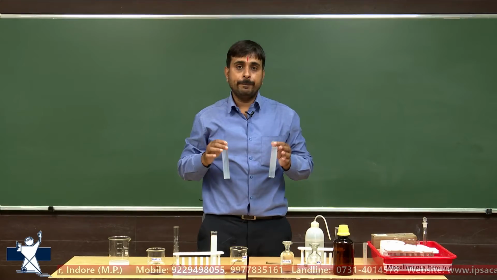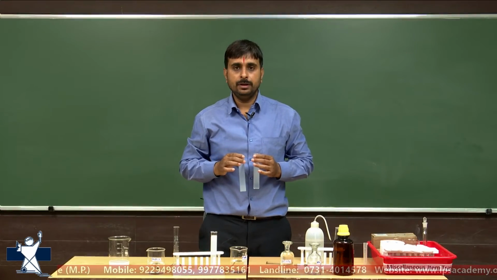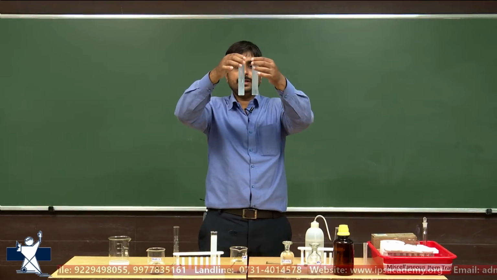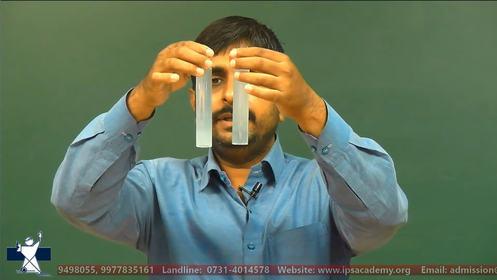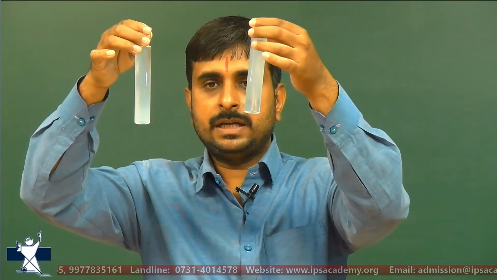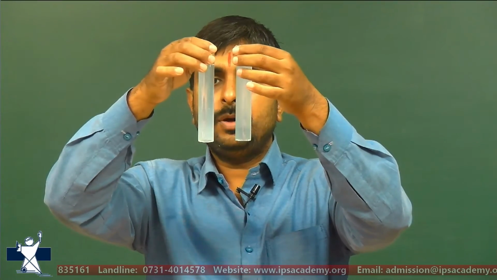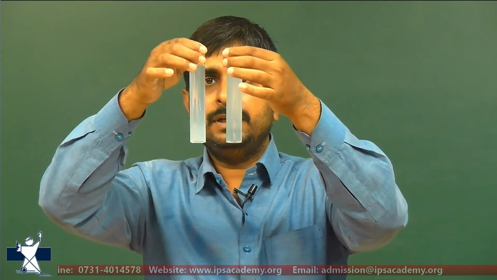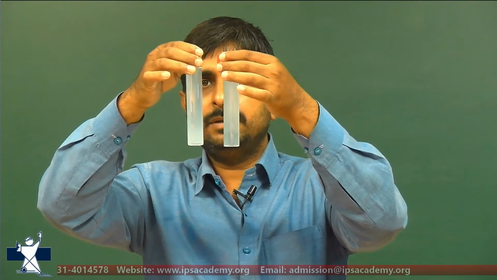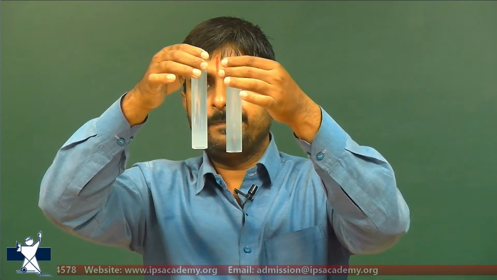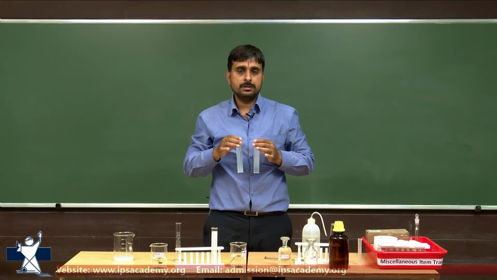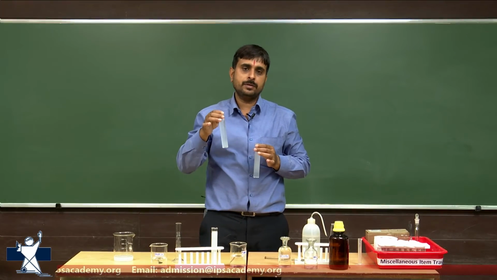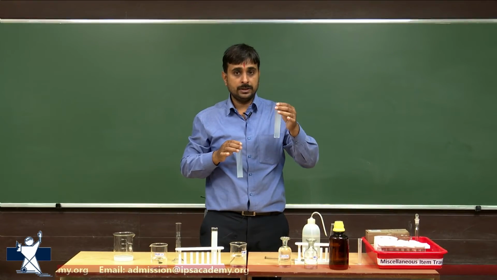Now, we are going to compare the opalescence or turbidity of sample A with the standard one. This is sample A and this is the standard in my left hand. What we are observing is that the turbidity is nearly the same and there is not much difference, and sample A is much lighter as compared to the standard solution. So, I call this sample A to pass the limit test, as it has less turbidity as compared to the standard solution.